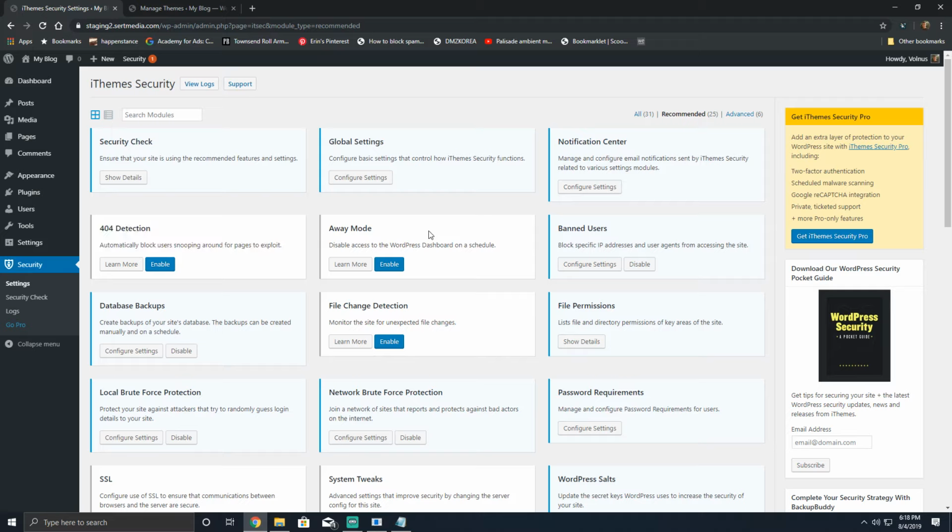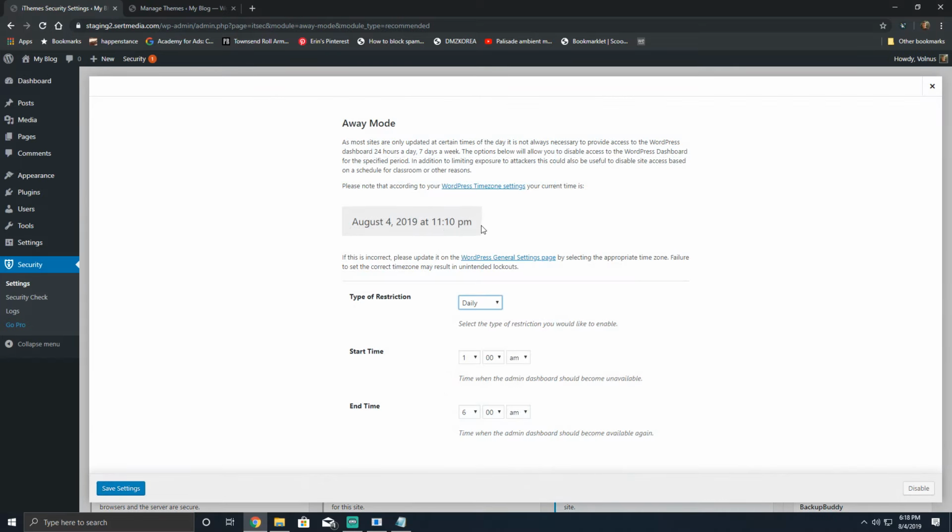Away mode. This is an interesting feature, but I've never found a really good use case, but I'm going to go ahead and show you it anyway. You can disable access to the WordPress dashboard on a scheduled time period. So if you're the only one on your WordPress dashboard, you can block out total access to it, say during, let's just say 12 p.m. to 8 a.m. So when you're sleeping, no one can access it. Now this is great,